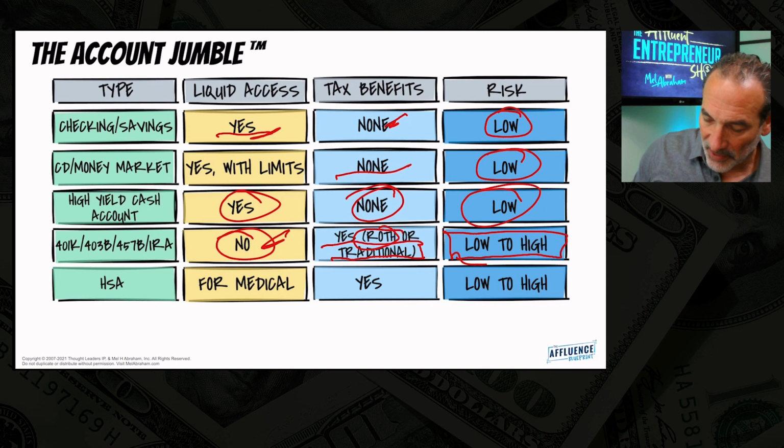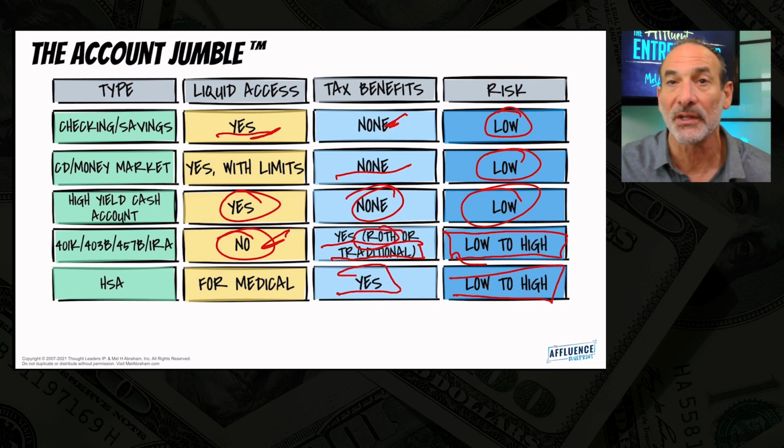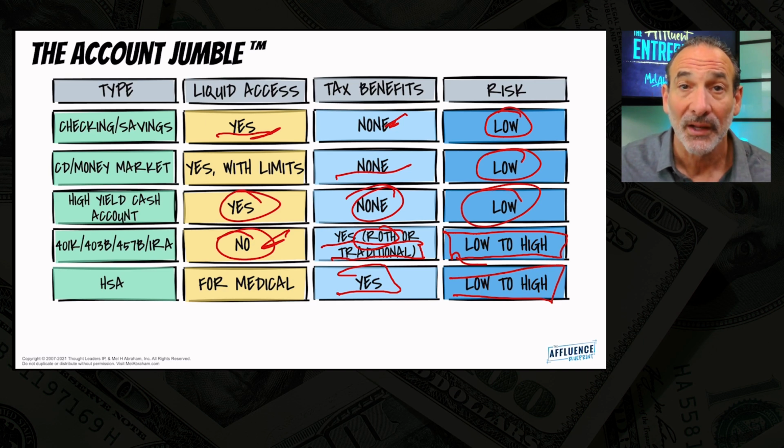But the point being is that the way to use this account is as another investment account and a tax advantage vehicle to make that happen, because it becomes a huge tax benefit. Again, risk in this is going to be low to high because it depends on how you invest it. And if you take it out for medical, it is completely tax-free. That leads me to